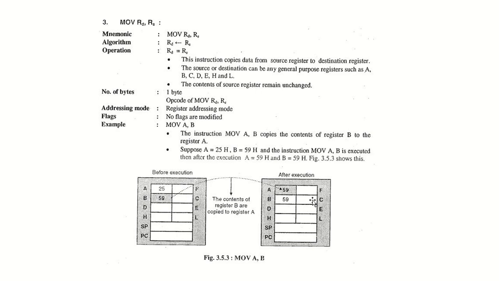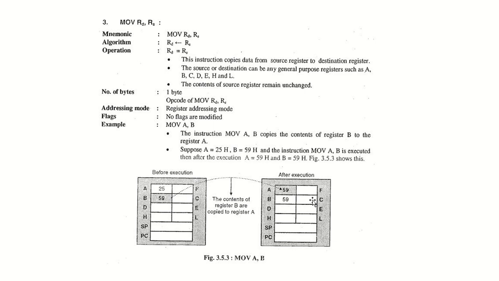The third one is move R to R, right? Even if you don't want to discuss the D and S written over here, it would be okay. The basic idea is we are moving the content of register S to register D. S for source, D for destination, and the operation would be RD equals RS, because we are moving all of the content of register S to register D, whatever content it had would be